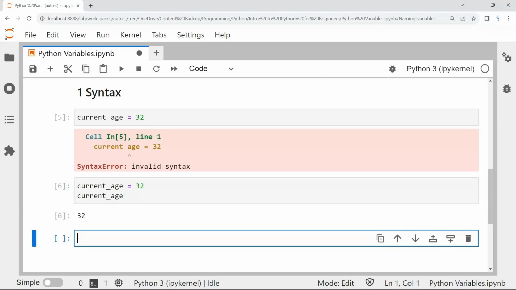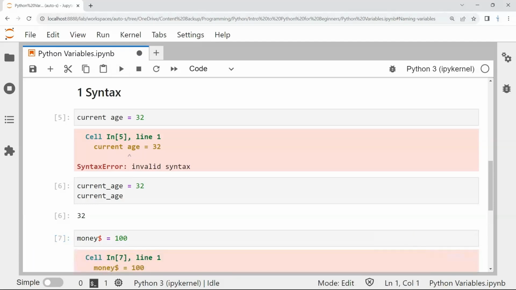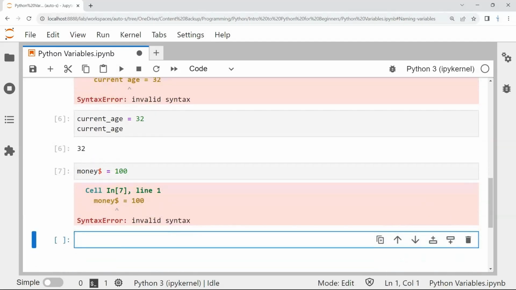I'm gonna write money, dollar sign, and see what happens. Yep, we get another syntax error here because we're not allowed to use any special characters except for the underscore. So just keep this in mind. You could get the syntax error, and maybe, hopefully, you remember that that might be the reason.